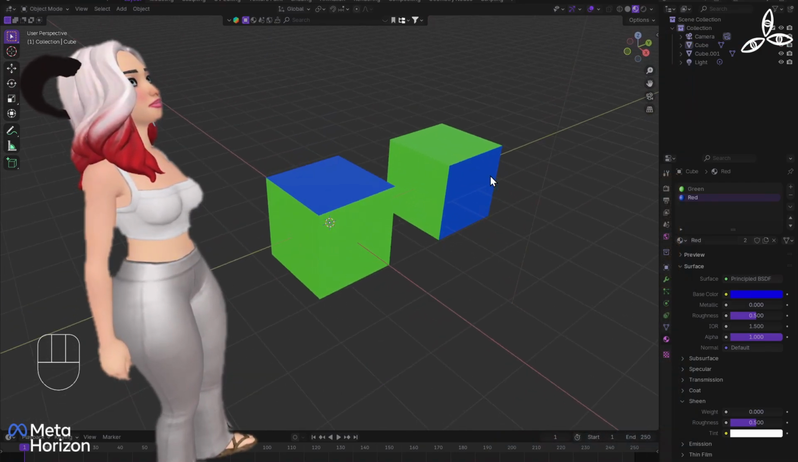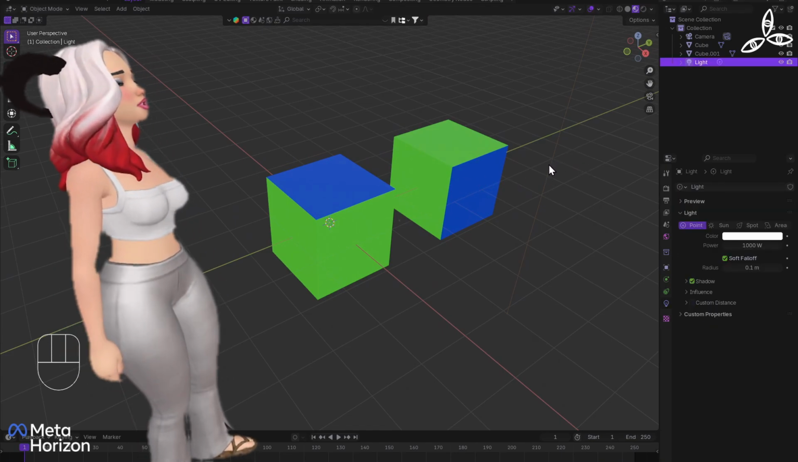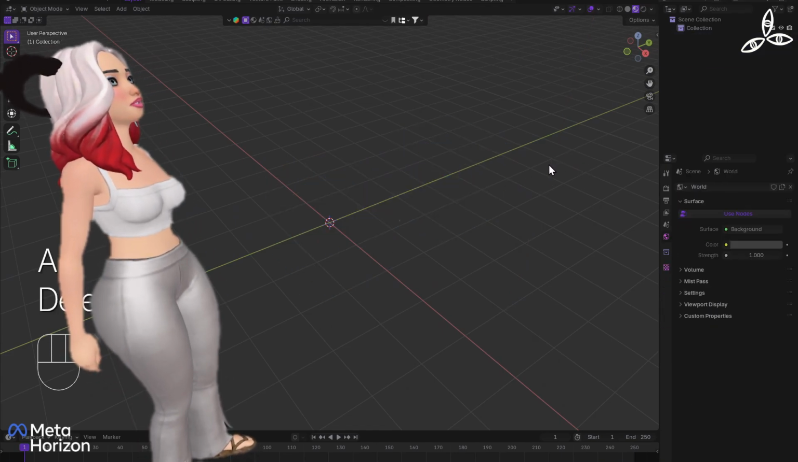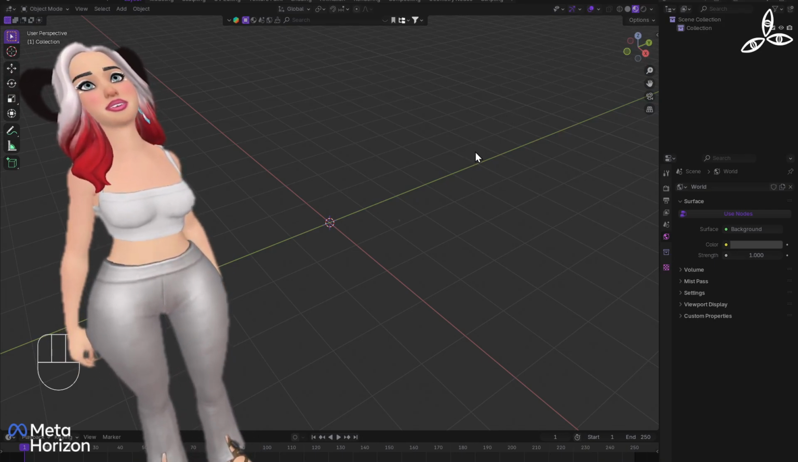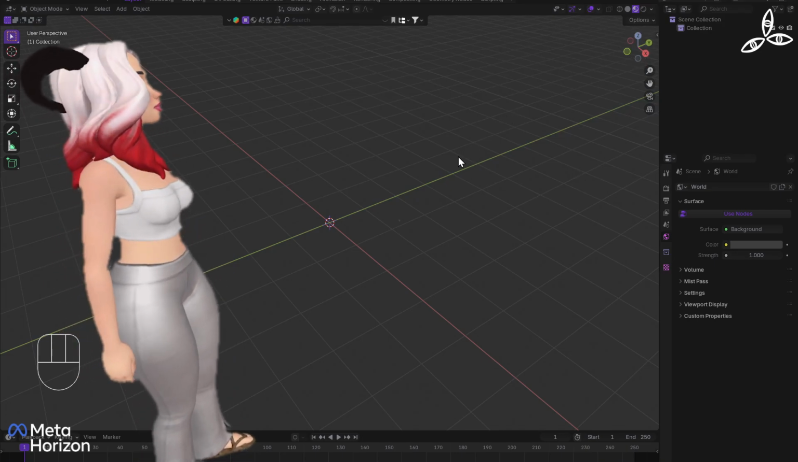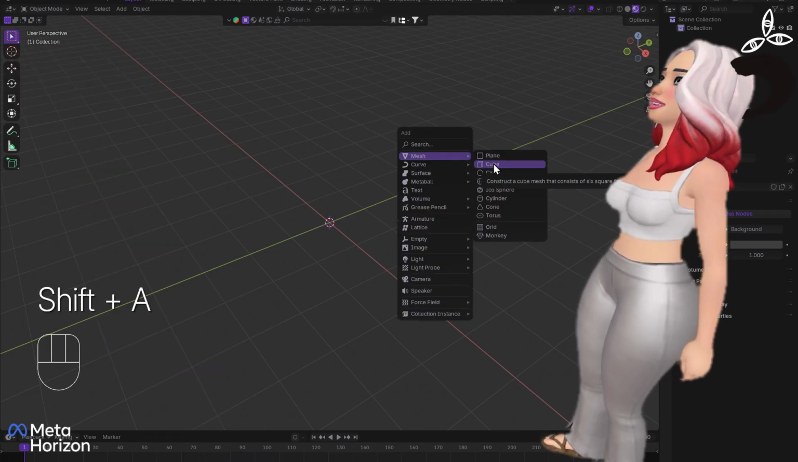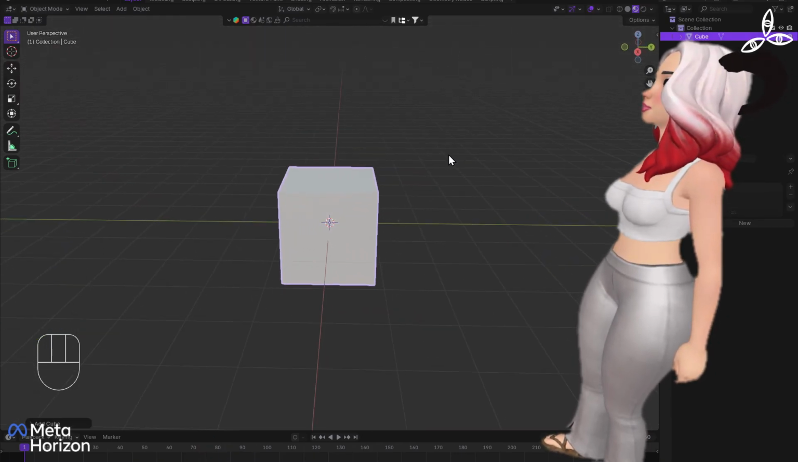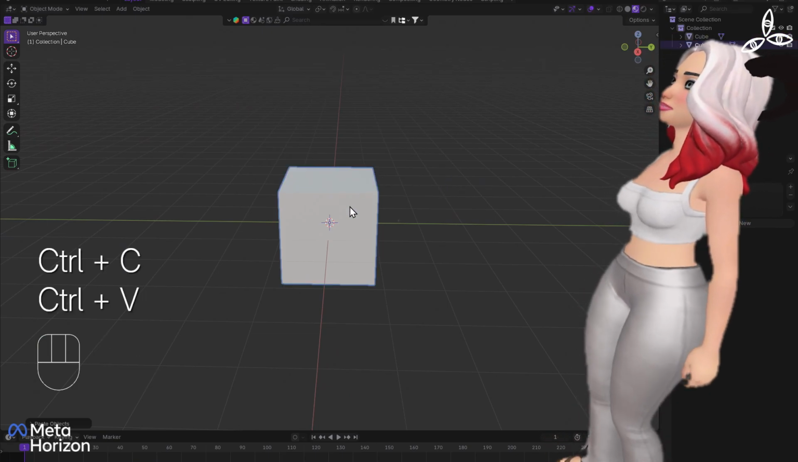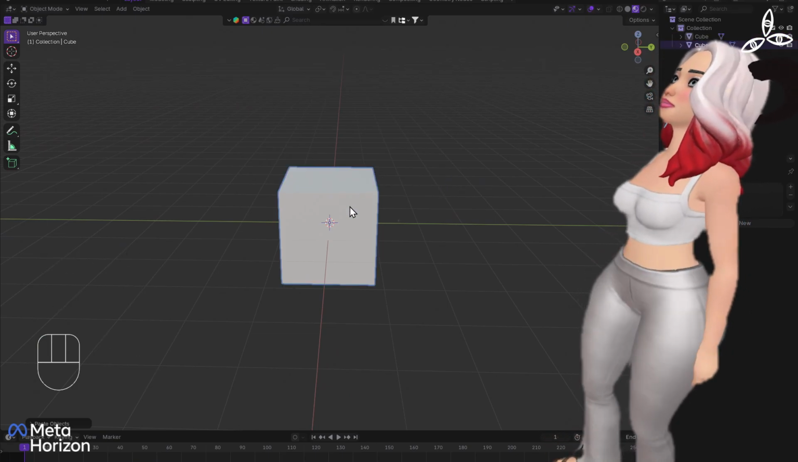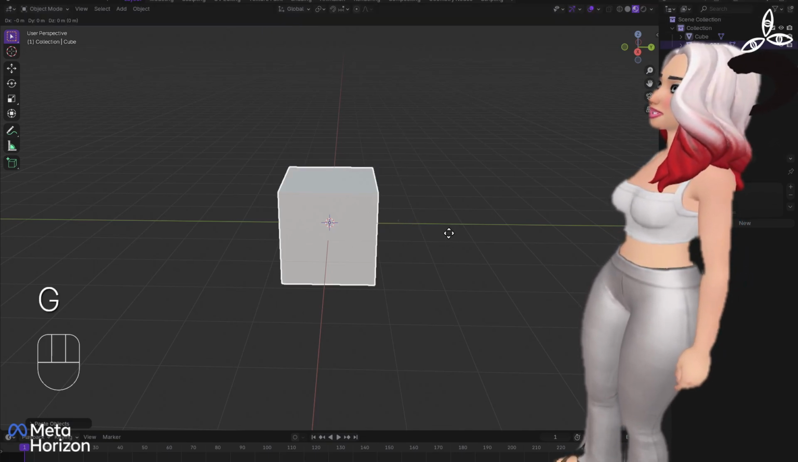Okay, so what we're going to do is carry on with these objects. No, we're not. We're going to start from scratch. So if I hit A and I delete, I'm going to create 3 objects, and there'll be 3 meshes. So if I press Shift A, and I'm going to add a cube, and then I want to press Control C and Control V, that's copy and paste,